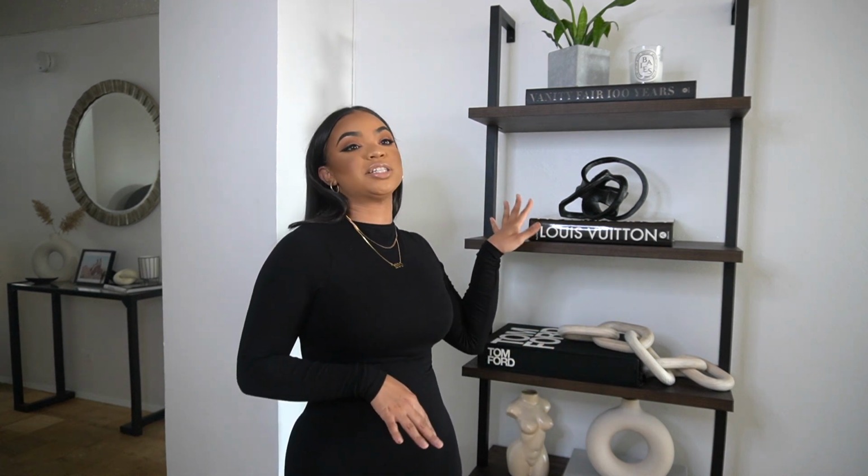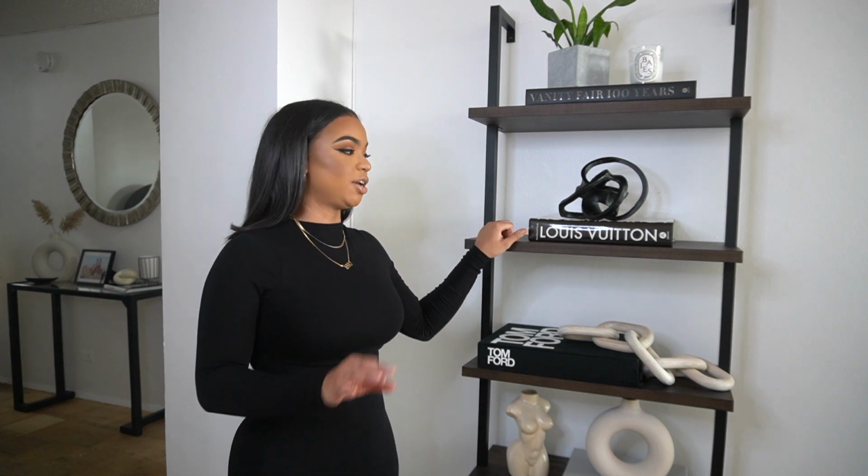Going to be showing you guys how I styled my bookshelf. So I had posted this on Instagram when I first got the shelf, and I just showed you guys from top to bottom the shelves and how I decorated and all the pieces I put on it. And I got a ton of questions on everything, like where's the shelves from, where'd you get the links from. So I figured I would just do a video on it, answer all of your questions, and show you how I styled my bookshelf. So to start off, the actual bookshelf is from Amazon,